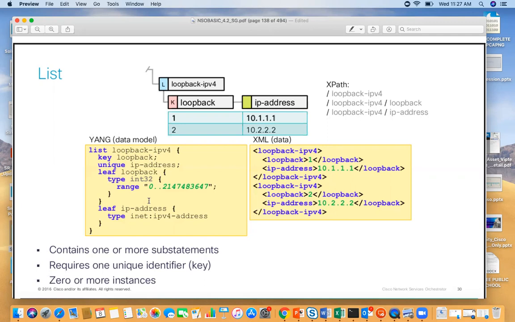So I have created this VPN as a list. So I can create again and again. If I have not created this VPN as a list, then my service will only live, and that value you can only give once. Okay. So list is, suppose, in the Yang model, we have given list loopback IPv4, and